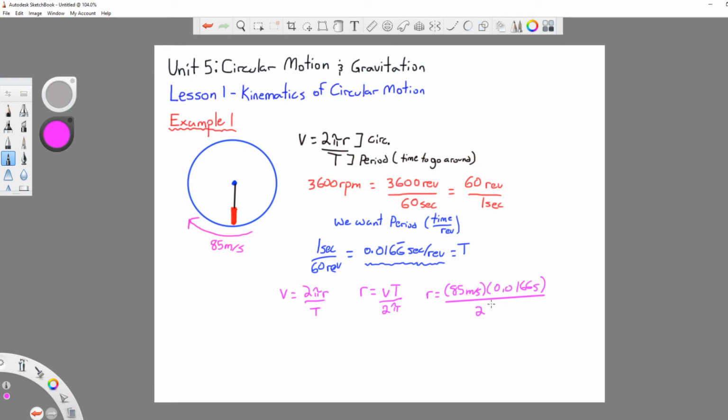I'm just going to leave that in the form 2 pi. Okay, if we plug that into our calculators, we end up getting a value for radius of, let's start a new line in a new color, why not? A radius of